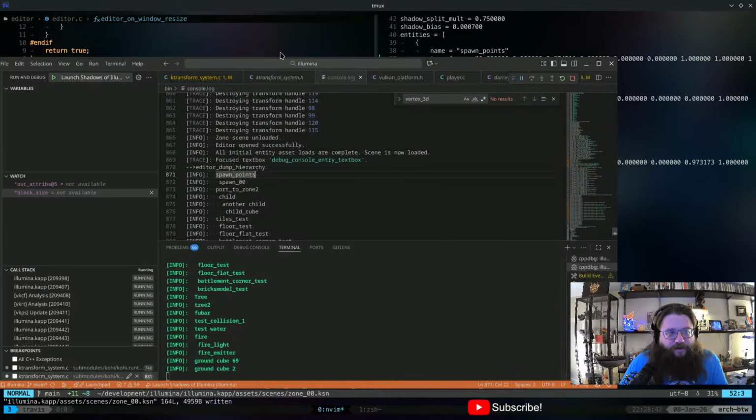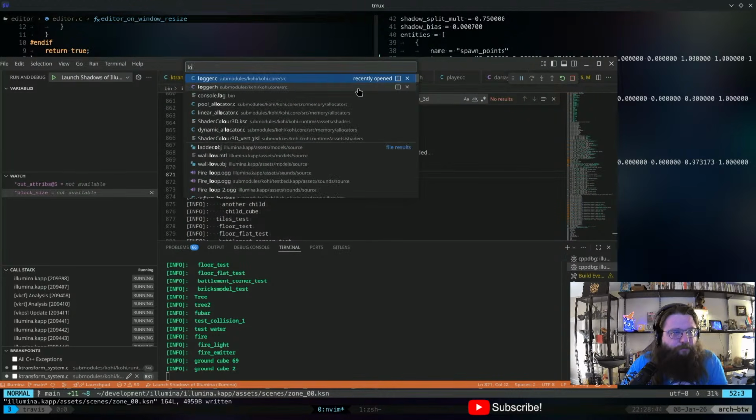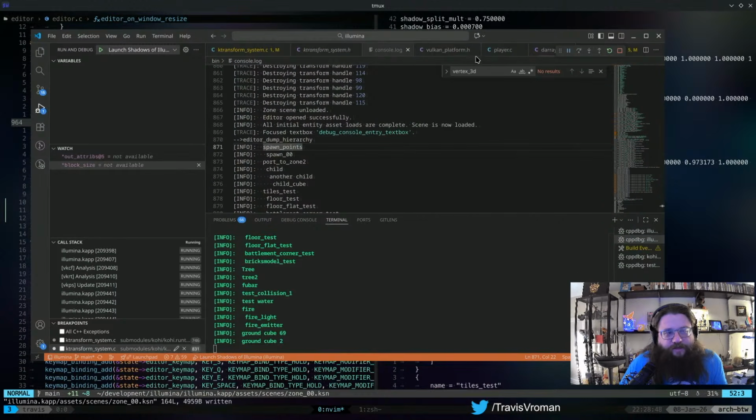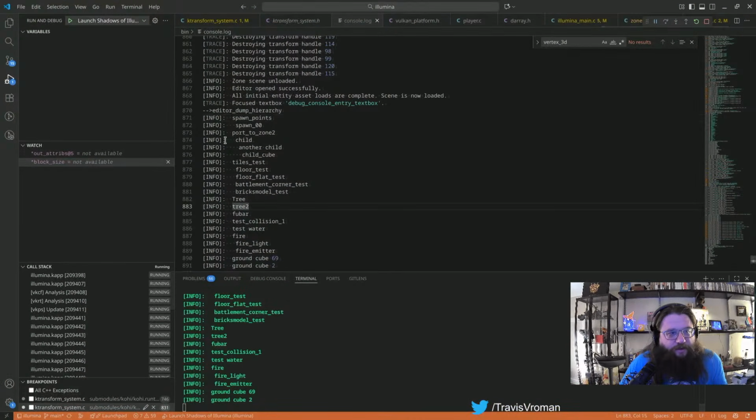Now when I look at this log, we can see this a little bit more clearly, right? So we have this port to zone 2, which has a child, which has another child, which has a child cube in it.